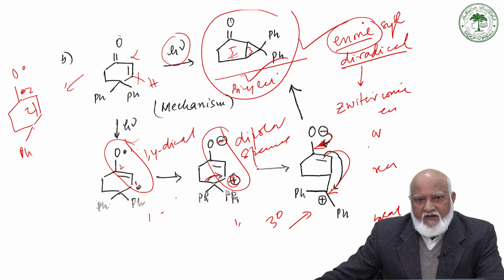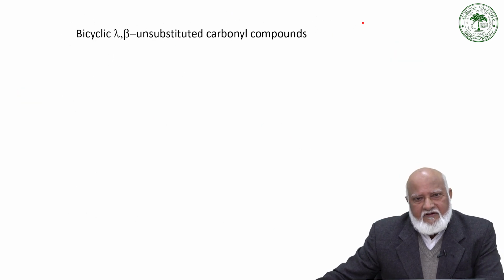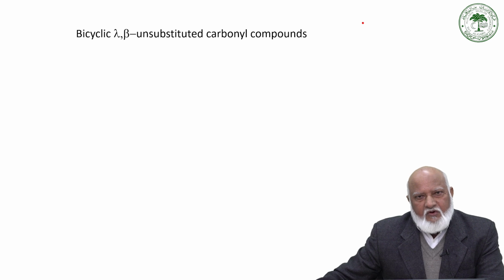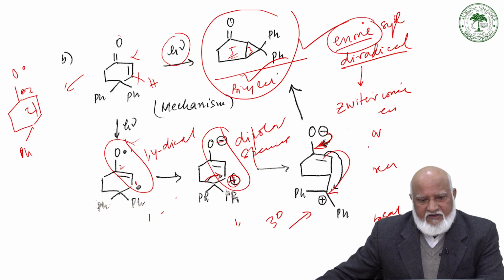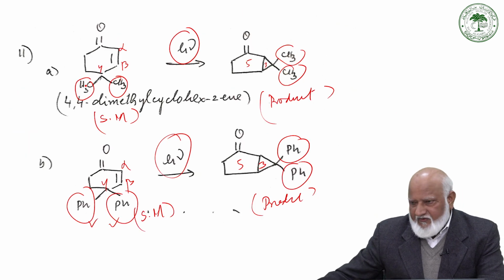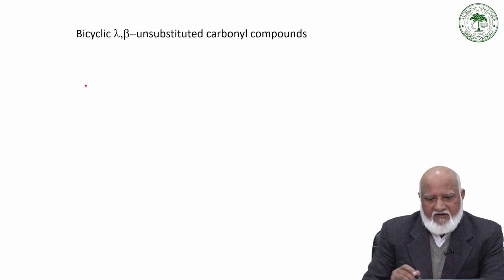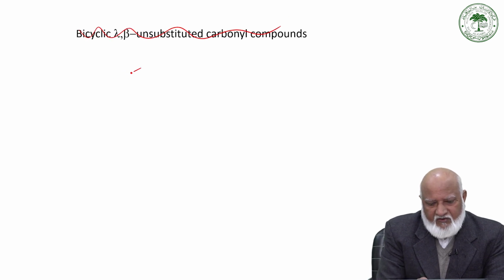So this is the product formed in the case of the cyclohexenone system where it is 4,4 disubstituted, where the 4 position of the cyclohexenone is substituted with either an alkyl group or an aryl group. Here what we have seen is the phenyl group. We'll just discuss this later. If we have a dimethyl group, this can also undergo a similar type of rearrangement. So for example, this is a dimethyl